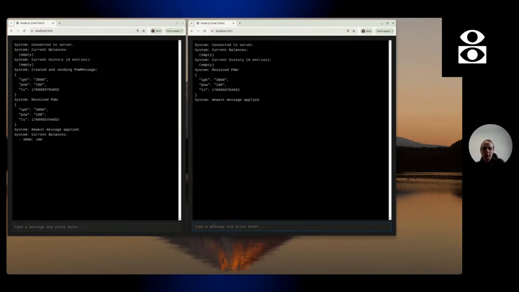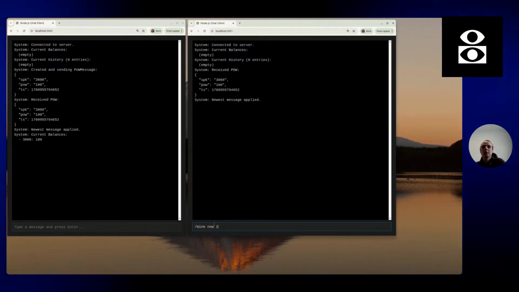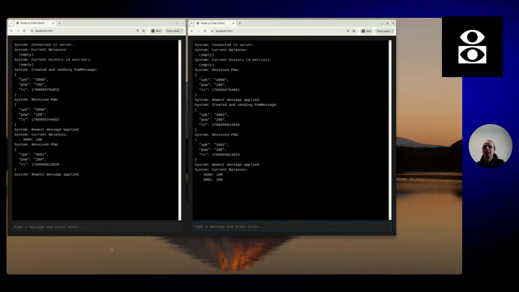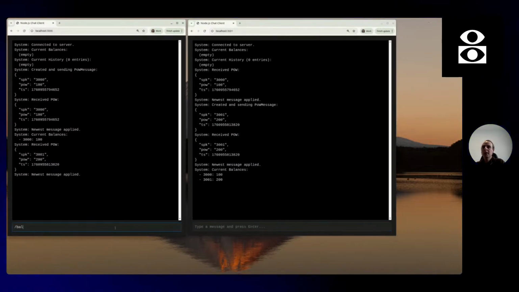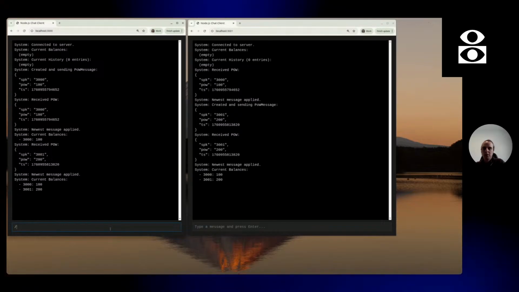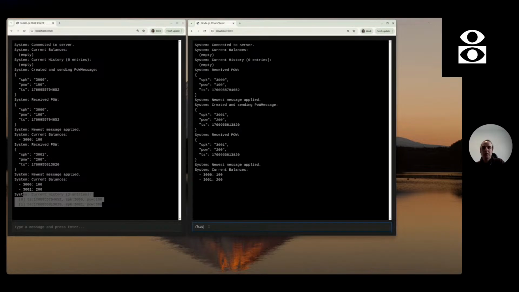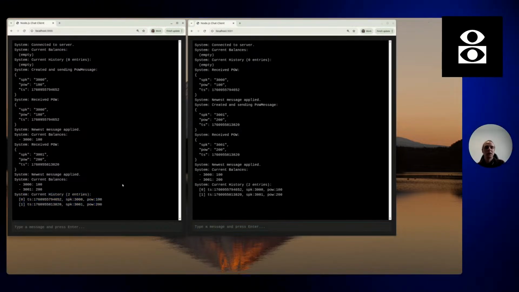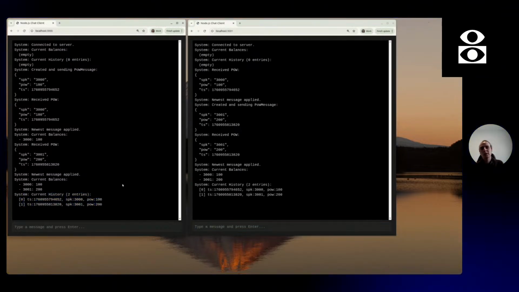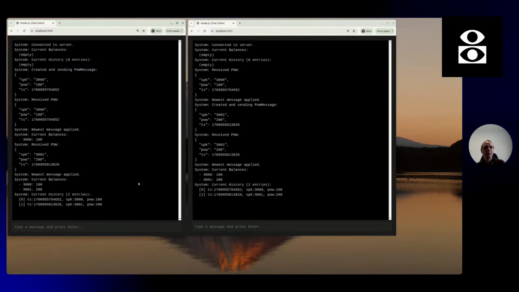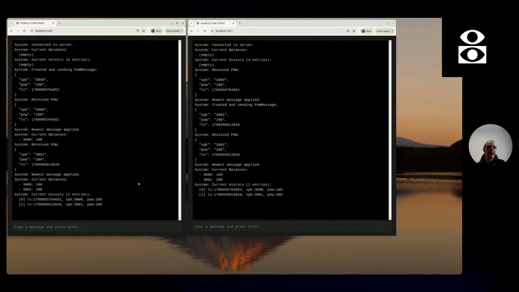Then you can go into the other one and get 200 tokens. And then, as expected, it's the same balance. And you have messages ordered by timestamp. The mock has some sophistication. It deals with straggler messages. So if you receive a message out of order, it would sort. But if you look at the implementation of this, it's really tiny, right?